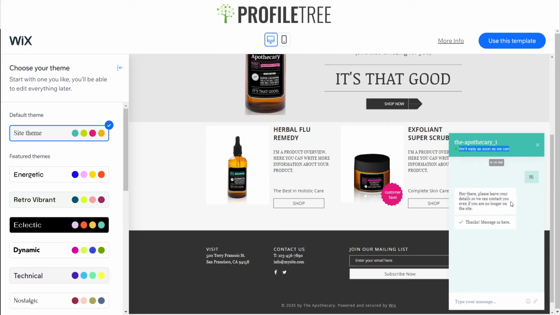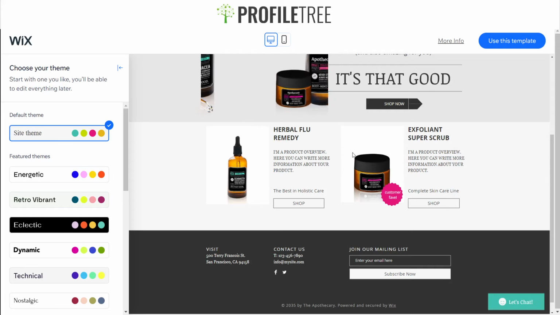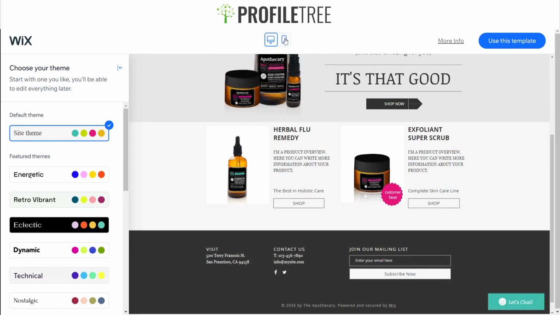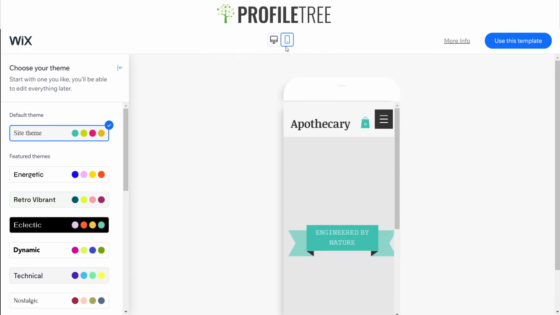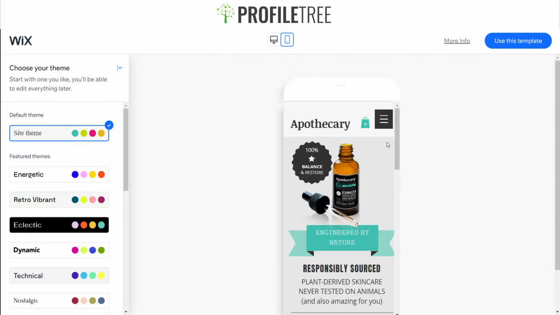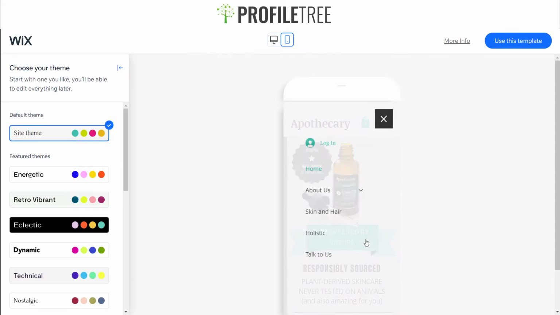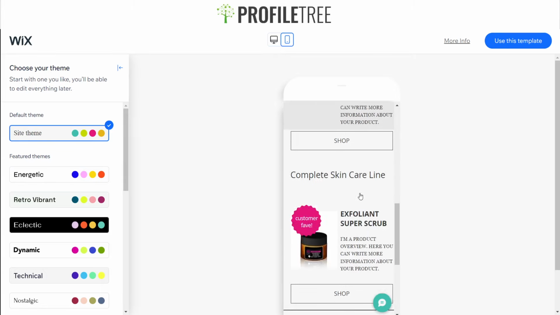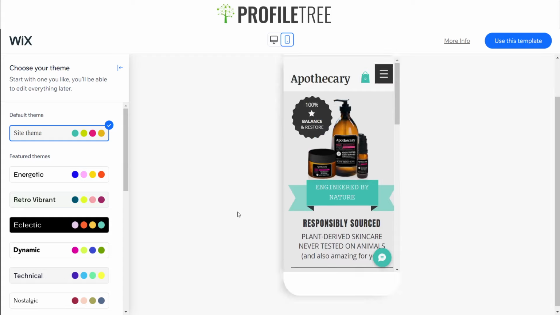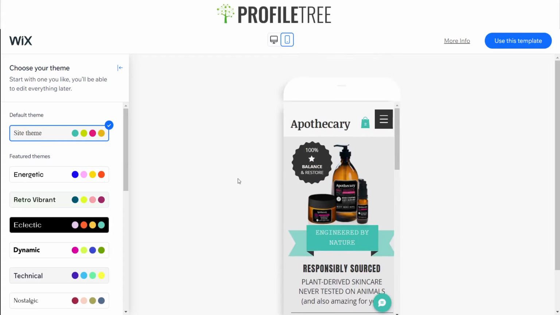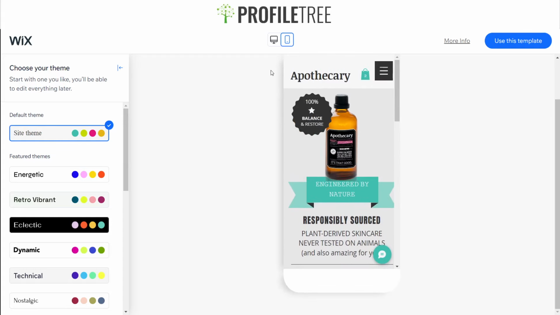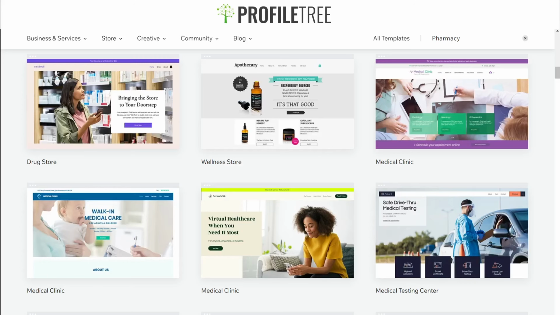This would mainly be an actual person that would contact you or message you, depending on how the operator is, on how it's operating. And we can see that there's a mobile optimization area for this as well. So they've got a hamburger menu with a login. So here's an e-commerce site there. So that's pretty nice. So if we click off this and go back,